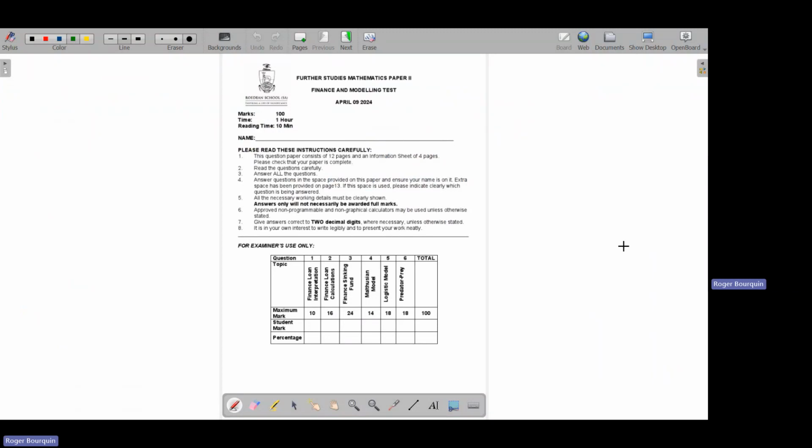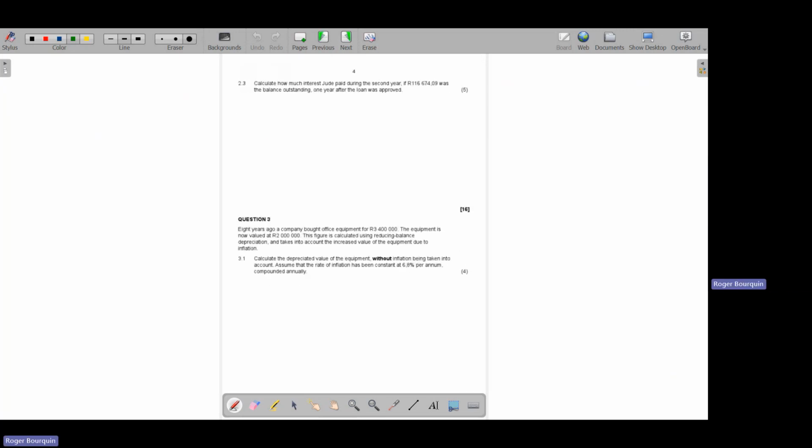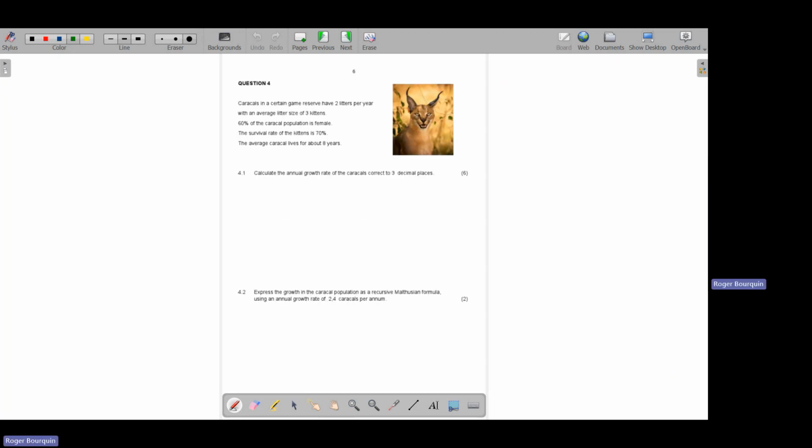All right, guys. So we're just running through questions over here from the prelim. From the modeling part, so if we have a look at this question 4 over here, it says